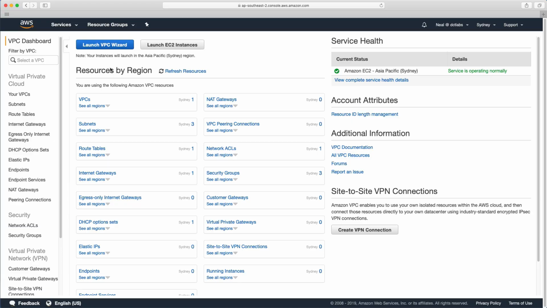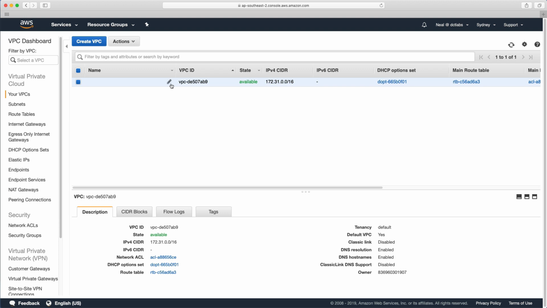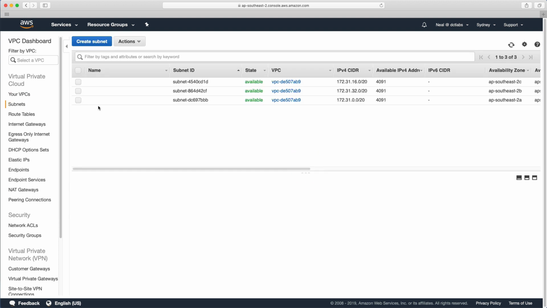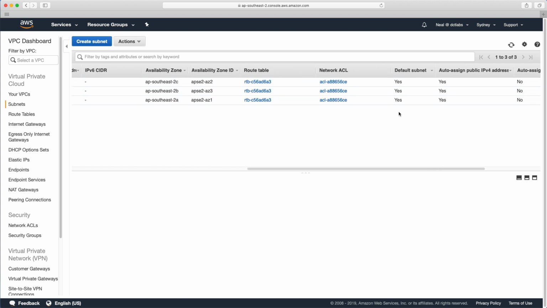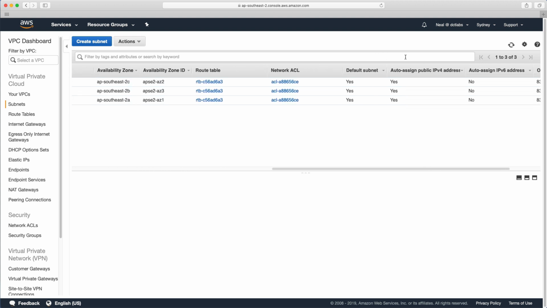So I'm on the AWS management console in the VPC dashboard. And what I'm going to do first is I'm going to create a new route table. So just to show you what we have at the moment, we just have our default VPC. We just have 3 subnets, the default subnets that are created with our account, and those are all public subnets. And you can see that because they have default subnet here and auto assign public IP here. So we know they're default subnets, and they're going to assign public IP addresses to instances that are launched into